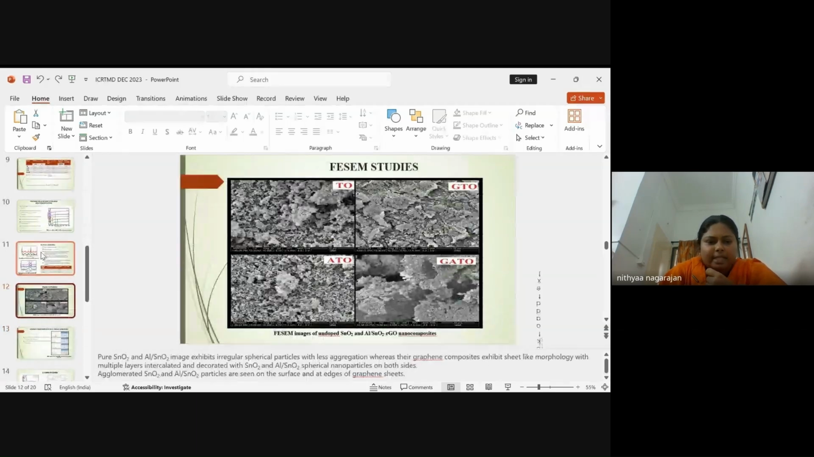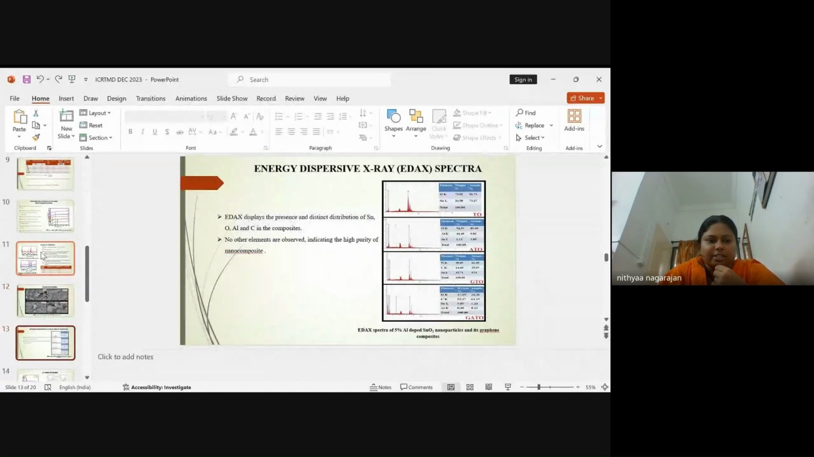The FESEM study shows that the pure tin oxide and aluminum doped tin oxide show irregular spherical particles with less aggregation, whereas the graphene composites exhibit sheet-like morphology with multiple layers intercalated and decorated with the particles. Aggregations were seen at the surface and the edges. And the EDAX spectra further confirm the purity of the sample with the presence of tin, oxygen, aluminum and chlorine in